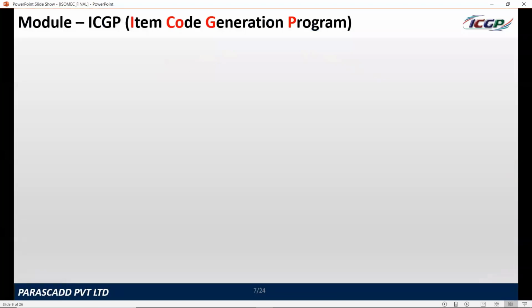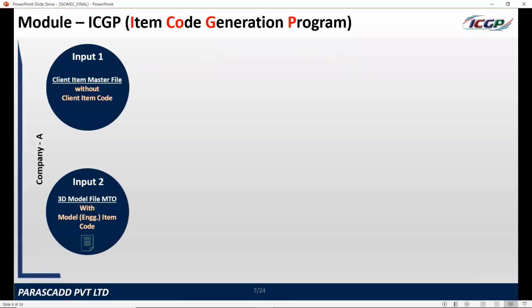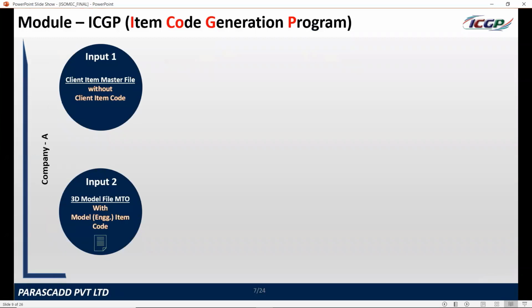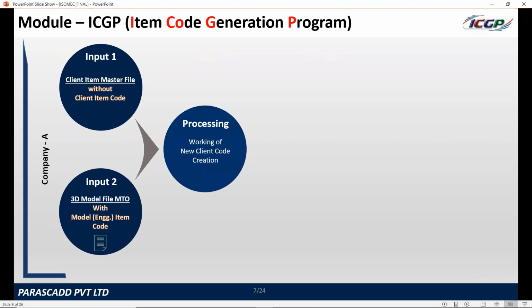Just to give you module insight and the company inputs, suppose you have a client master file which is without an item code, but at the same time you have input from the 3D model file MTO with the model engineering item codes. With the help of ICGP, you can process and work on your new client code generation.